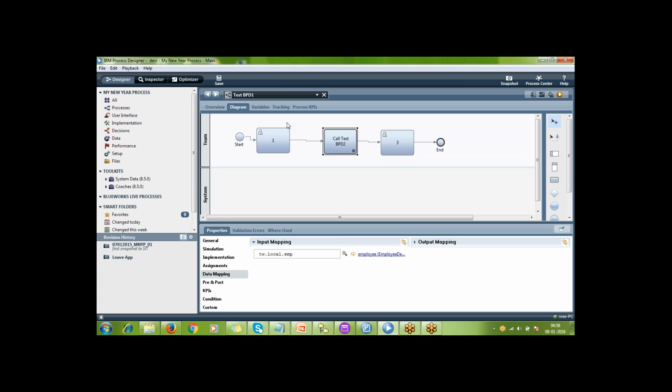Next, in my BPD I have 10 to 15 activities. My BPD is much more complex, so nobody can understand it, with sequence lines going one by one, many of them. It is very complex to understand. So I make it much clearer and smaller by putting it in a sub process. Sub process is nothing but a way to reduce the complexity in the view. Whenever you want to call one BPD from another BPD, you go with a linked process. Only for readability purposes do we go for sub process, right? There is no other reason.